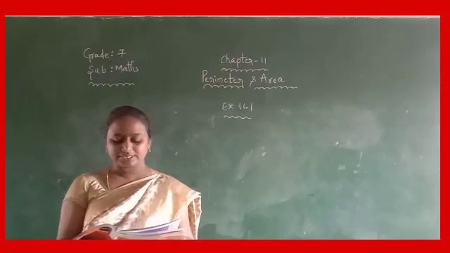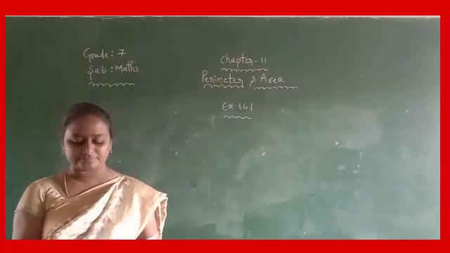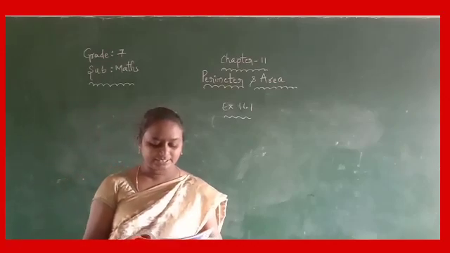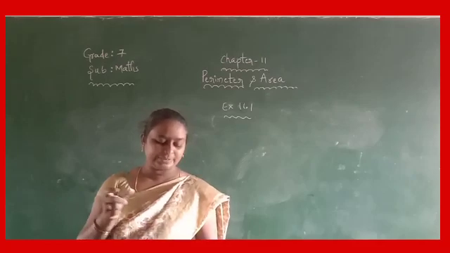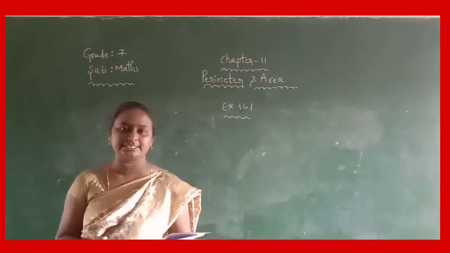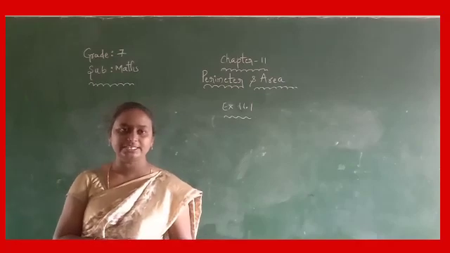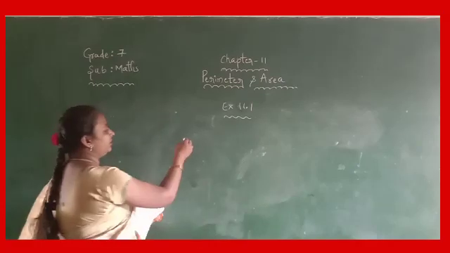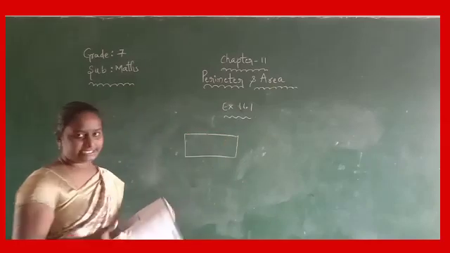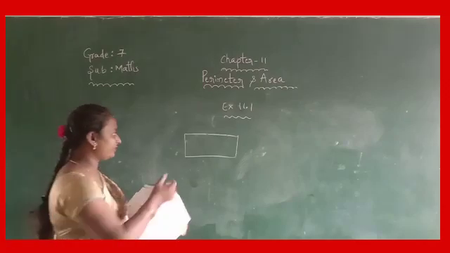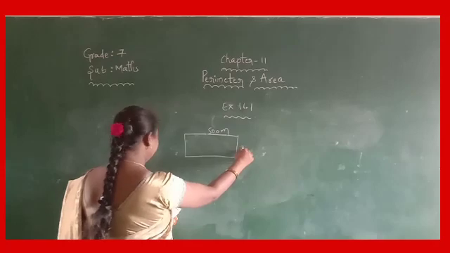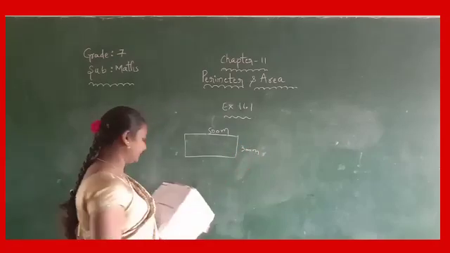The cost of the land, if 1 meter square of the land costs 10,000 rupees. So here, given the length and the breadth of a rectangular piece of land. So what is the shape of land here? Rectangular. Okay. So the shape of the land is rectangular. In the rectangular piece of land, the length is 500 meters and the breadth is 300 meters.